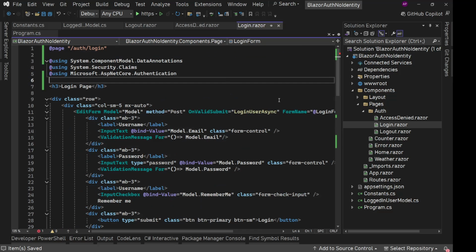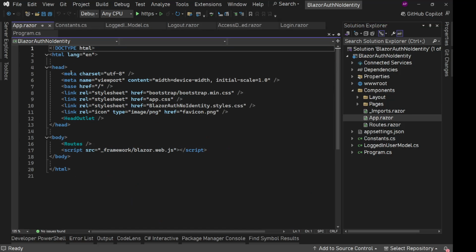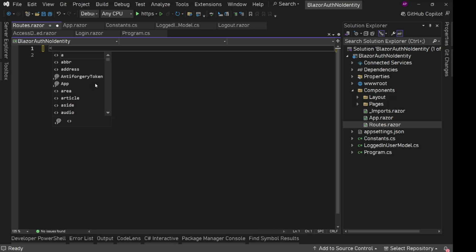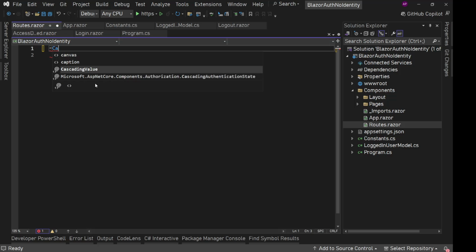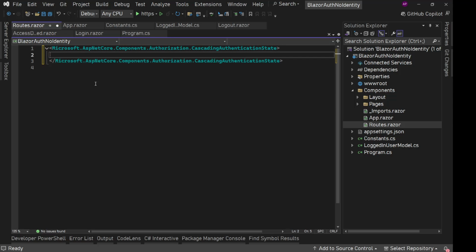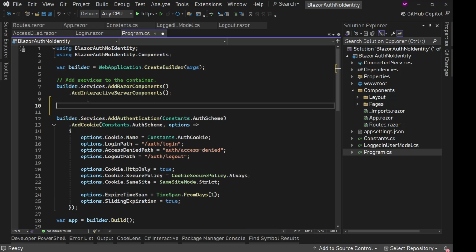Now how would we check it? For this, what we need to do on root of our components. So if you go to component app.razor, this is the main HTML entry point. Inside this we have this routes. So for this routes here, we need to have this as a child of cascading authentication state. This one. Now with .NET 8 we have one more option for this. Instead of having this here, you can go to program.cs, and here you could say